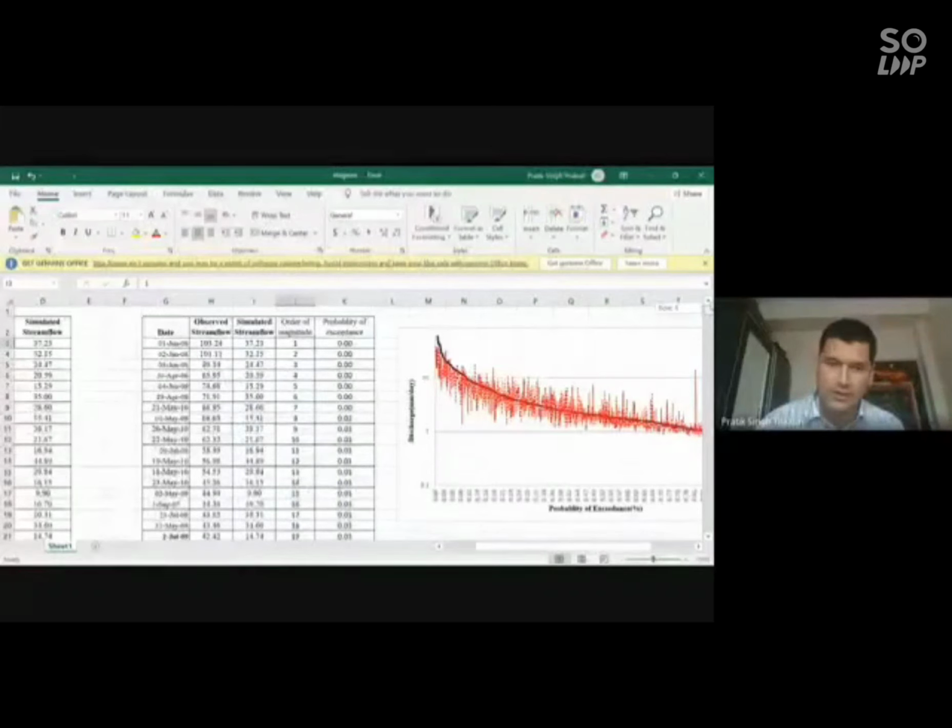Now you can calculate the probability of the accident. The formula is this. The flow of 103 occurred only one time. So the probability of occurring it in the flow hydrograph or in the data is almost 0, whereas